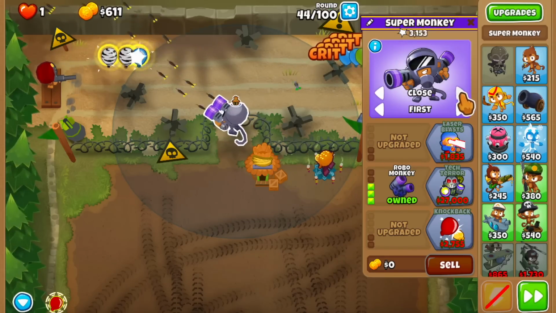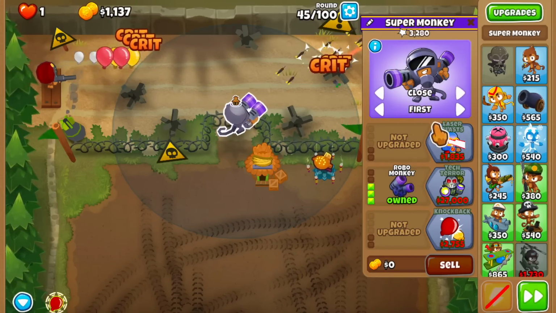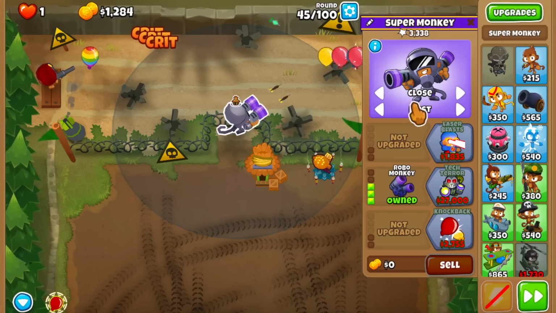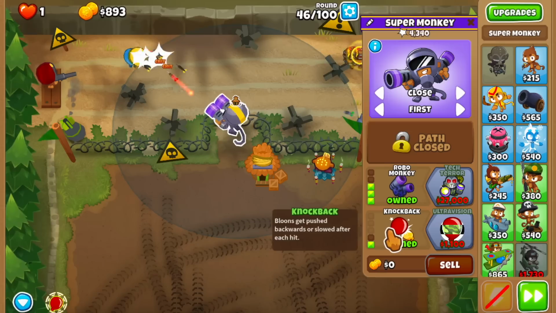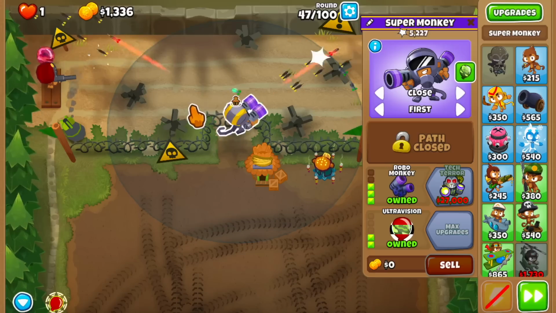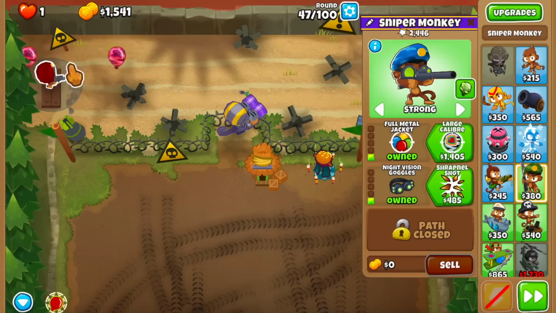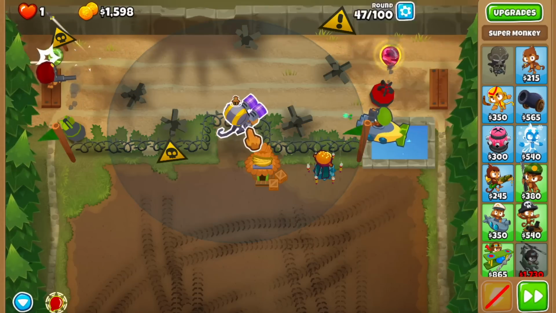I want to have the other arm on close. I usually have them on close one first. I'm not exactly sure which one is better, but I just feel like close is a little bit safer, right? And let's also go for the knockback plus the ultra vision as soon as possible, because round 48 is going to have some camel purples, and we are not exactly dealing with those guys. I mean, it's the sub plus the intel vision from the night vision goggles, but let's just have this guy,